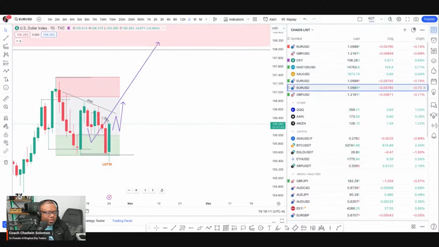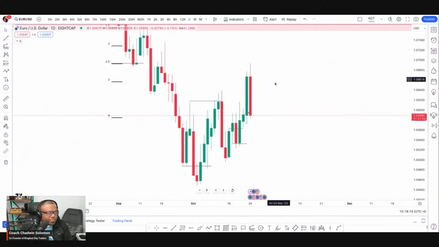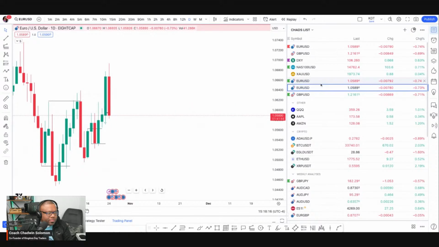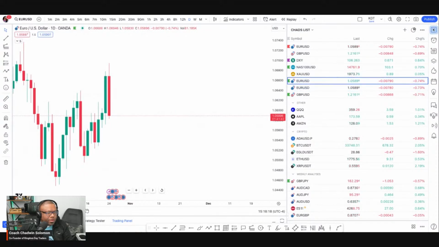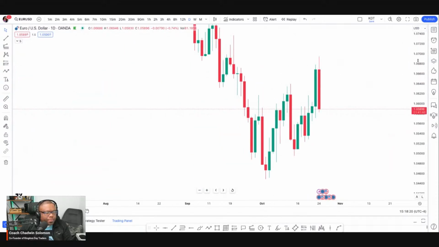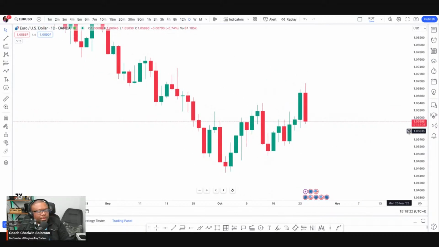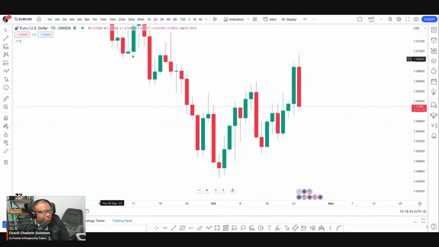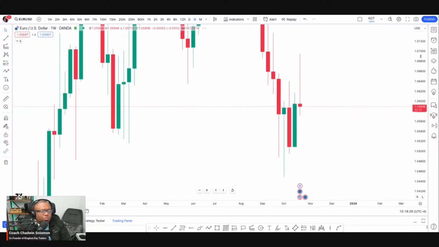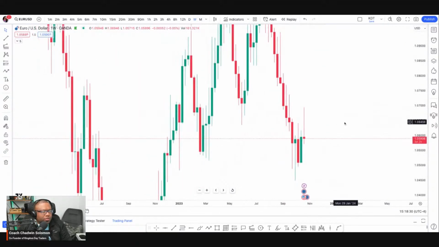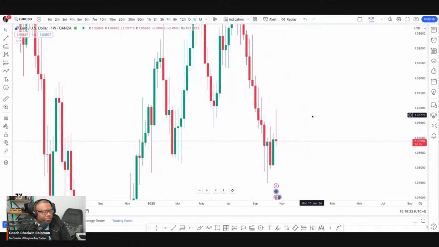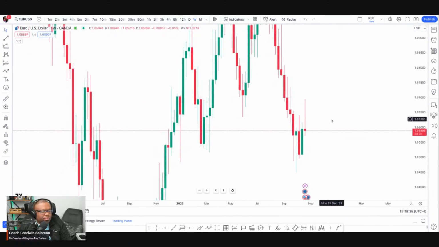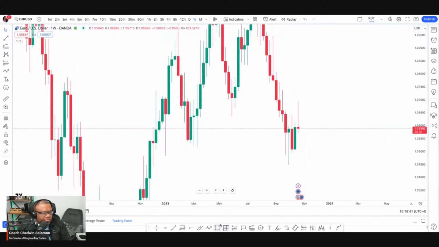So let's go look at Euro USD. What do we have? No, it's a chart with some markups on. Let's go to a clean one. Okay. Now, the Euro USD is the inverse of the dollar index. And oftentimes they are moving opposite to one another with a high level of precision. This one's slightly trickier at the moment, to be honest.